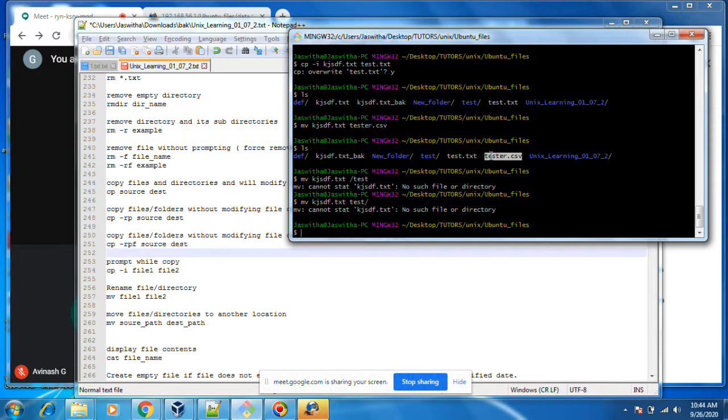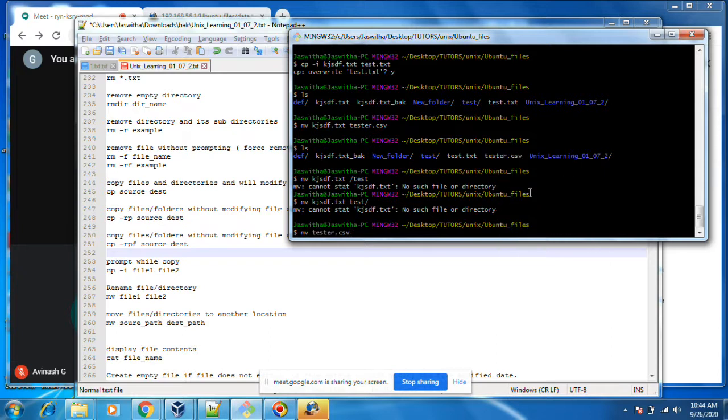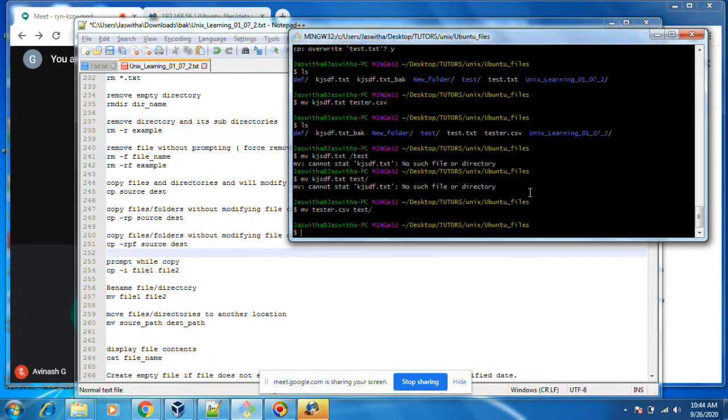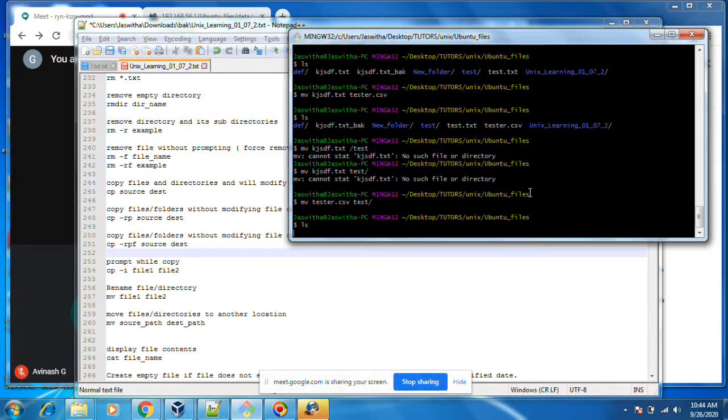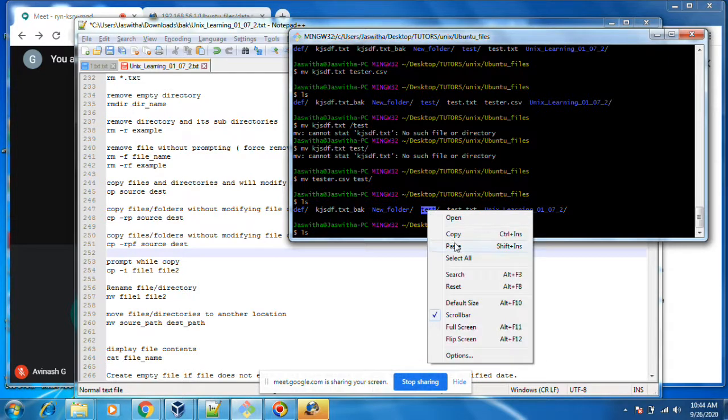Okay, whatever file is present, I want to move this file into this test directory. While moving, the source will not be present. You see, tester is not here. It will be in test. It went to this directory.